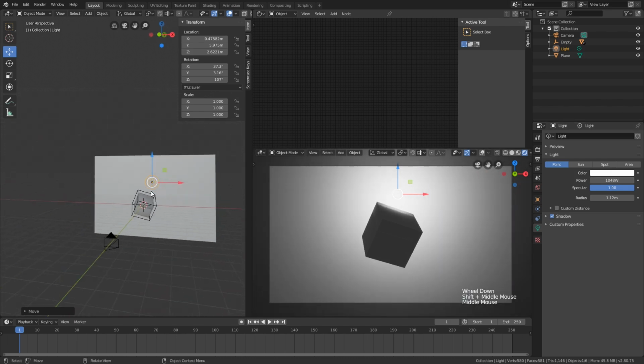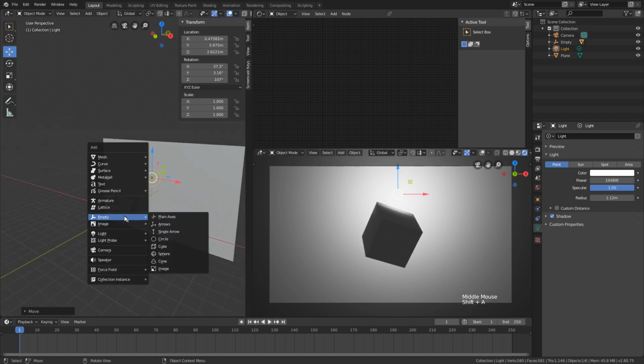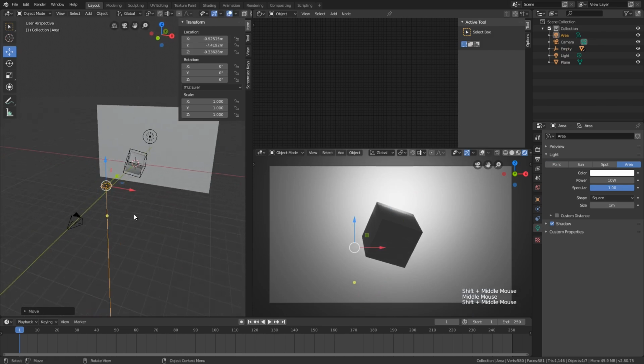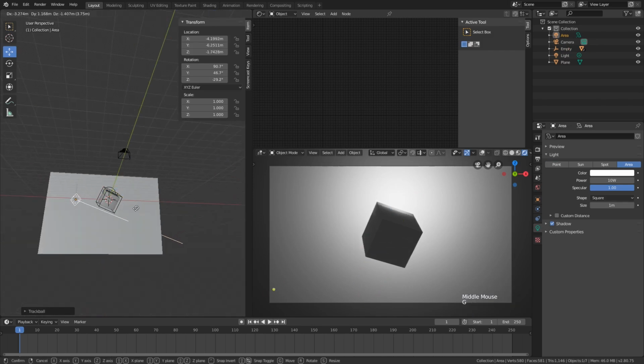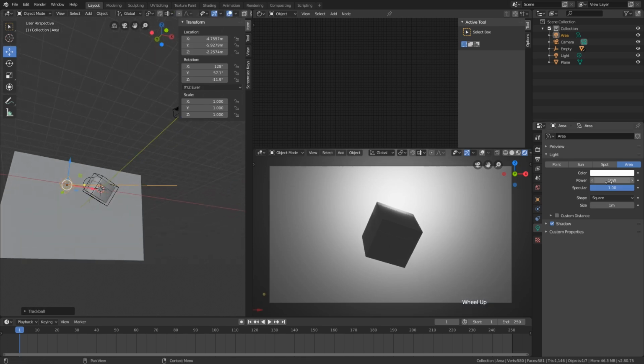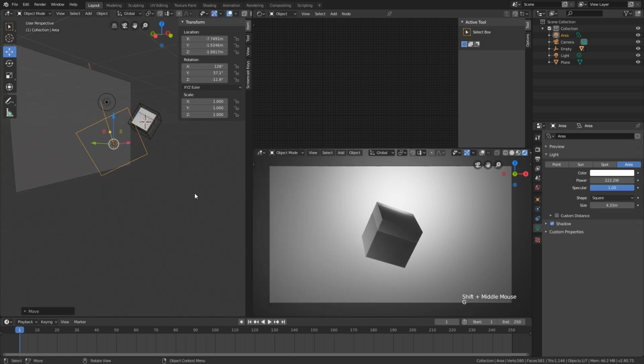And then I just want to add 2 more lights to the scene, and these will help light the front of the object, but they'll also be really critical when we're setting up our material to help show off some of those glossy effects that we're going to create. So I'm going to add an area lamp, and then let's just move this over here. And we will probably have to move these again later, but I'm just getting them in there now so that I can start to have a little bit better scene to play with. So let's bring the size of this up a little bit, and then the power will need to come up. So you can see we're starting to get a little bit of light there. And maybe bring that over